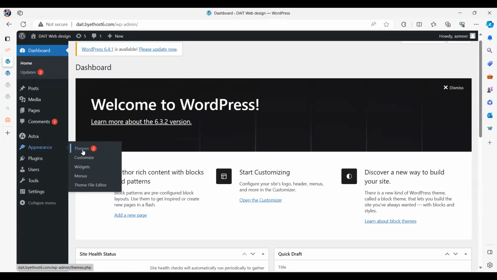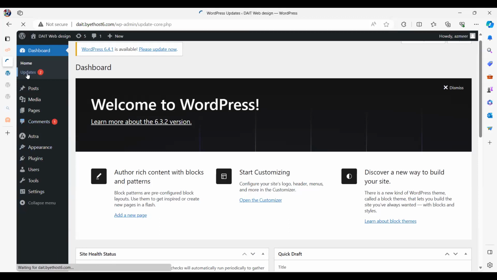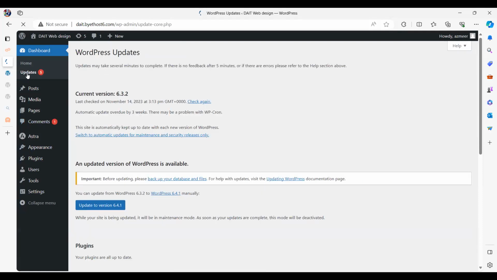Looks like there are 2 updates for my themes. There's a new comment that has come, right? So if I click updates here, it will show me all the updates that are available for my blog. My advice is, if there are any updates, go ahead and do that, because sometimes these updates are very crucial due to security issues. But the best thing is you can set this up in a way where the updates are applied automatically.